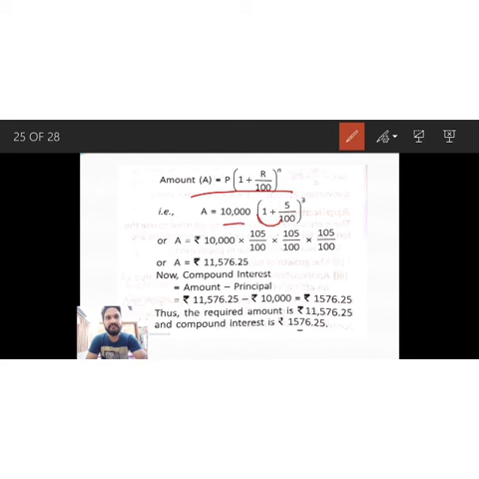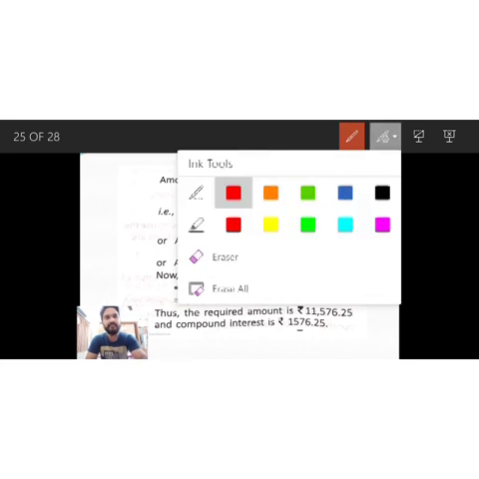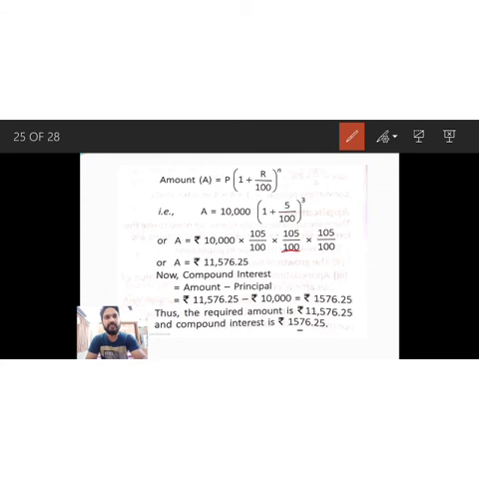Now simply just take LCM. So 100 moves to the upside, multiplied by 1. 1 into 100 is 100. So here is 100 plus 5 in bracket, raised to 3. Then we have to write 3 times 105, that is 105, 105, 105 upon 100 into 100 into 100. Now see, there are 4 zeros on top and 4 zeros below, and they are cut. Now we have 105, 105, 105. Just multiply 105 three times.